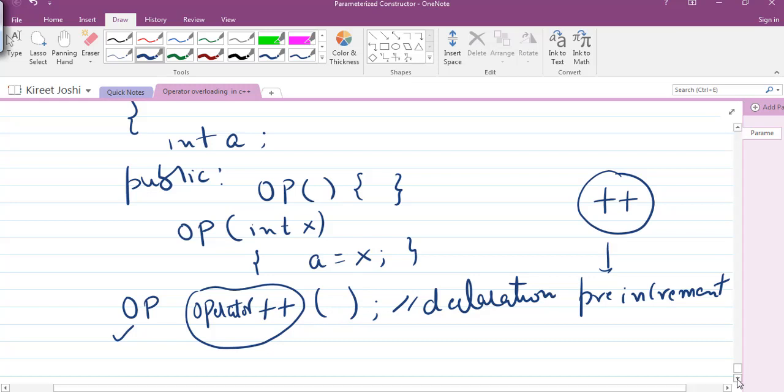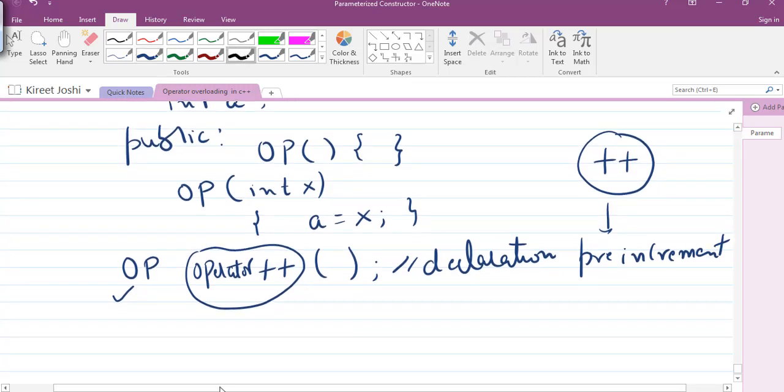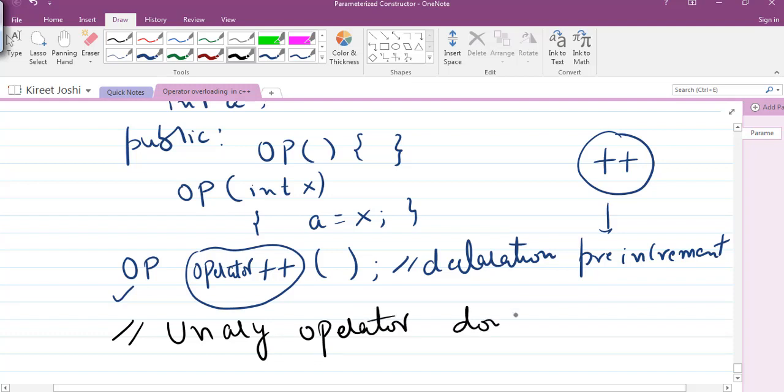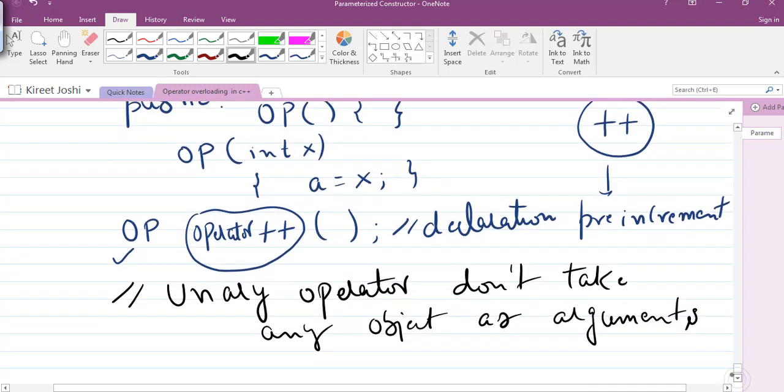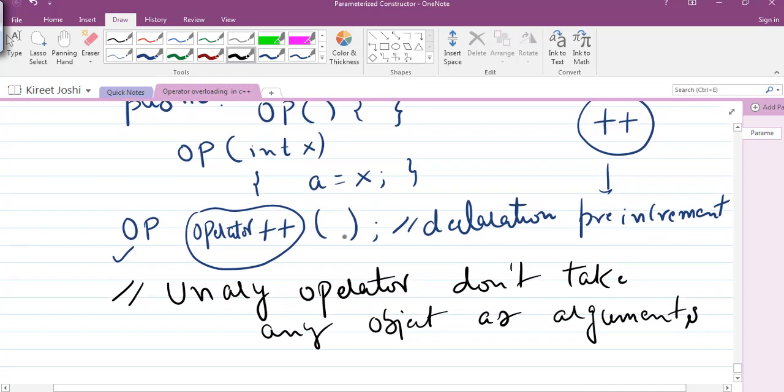So one thing is to be remembered here. One thing that is very important to be remembered is that when we are going to overload the unary operators, unary operators do not take any arguments. Do not take any object as argument. So there are no objects that are being passed as arguments when we are going to overload the unary operator. So here you just see that we haven't passed any argument, we haven't passed any reference, we haven't passed